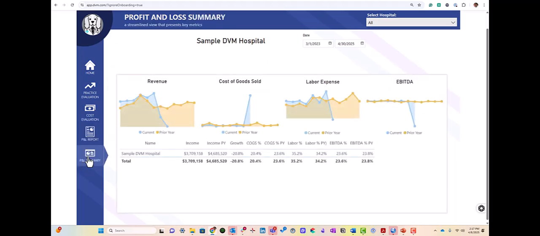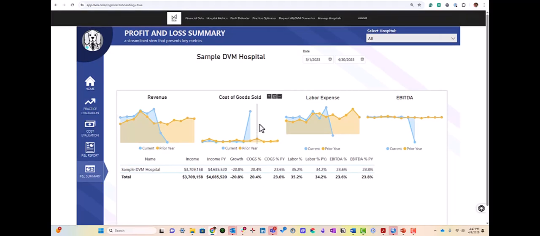For those who don't like the P&L graph very much, we've made this summary graph here. So this just gives you high-level information about income over previous year. And again, you pick your date ranges, and then it'll compare it over that same period. It looks at your growth rate, looks at your COGS over that previous year, looks at your labor, and looks at your EBITDA. So again, just more of a summary, a little bit higher level than the graph before. So that is all the stuff that we see with